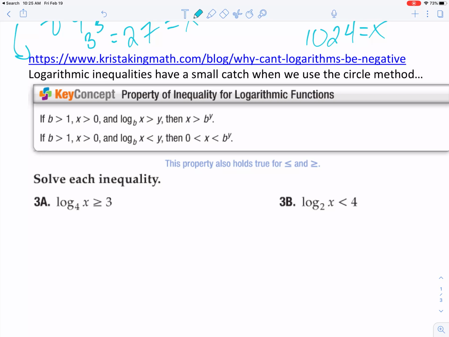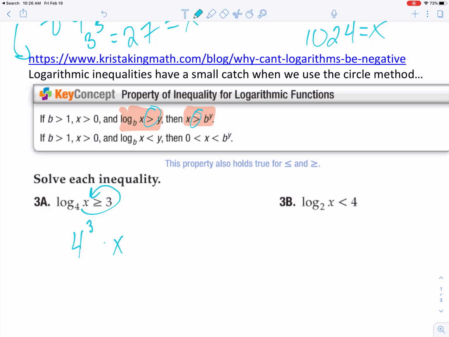So, first things first, what we need to recognize, when I do the circle method here, I've been writing that as 4 cubed equaling the x. Now, if you look at what it actually says I should be doing, that is log, when I have this base, notice it actually puts the x on the left and the b to the y on the right. That's not very important because we know it doesn't matter which side of the equation it's on. If it equals itself, it always equals itself. Except that